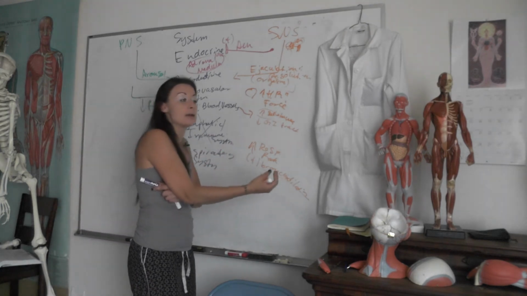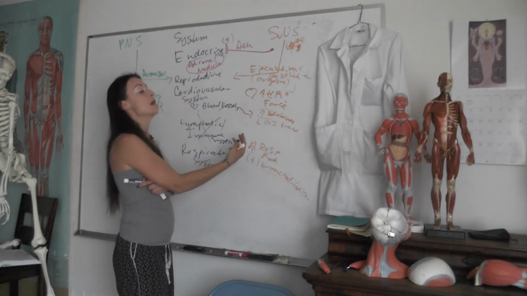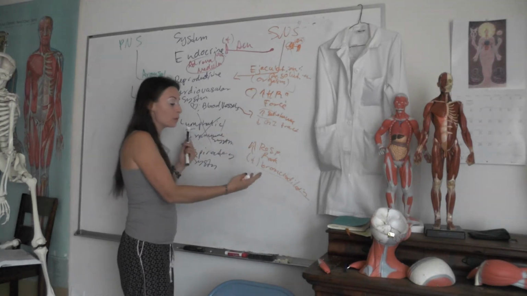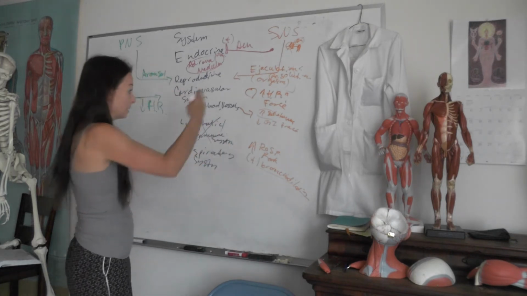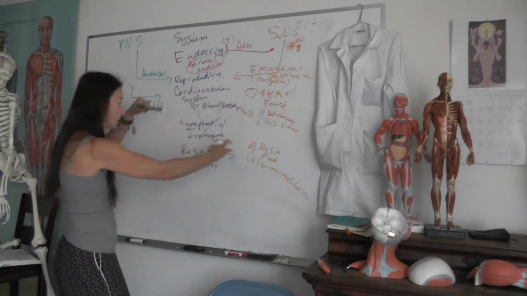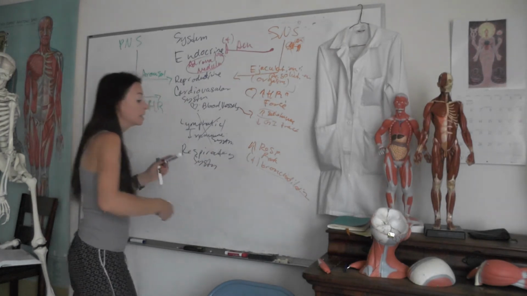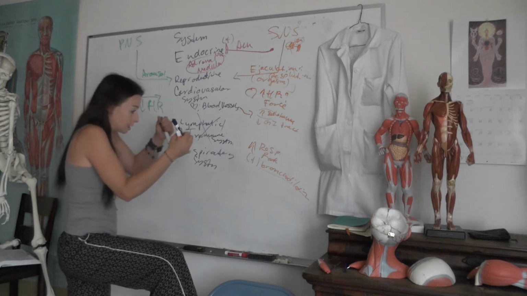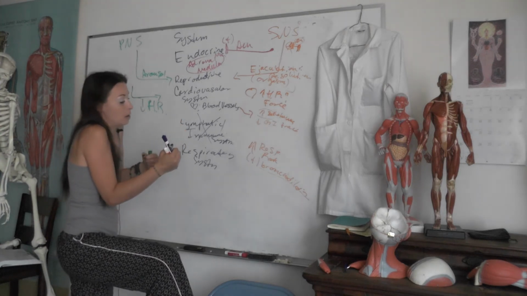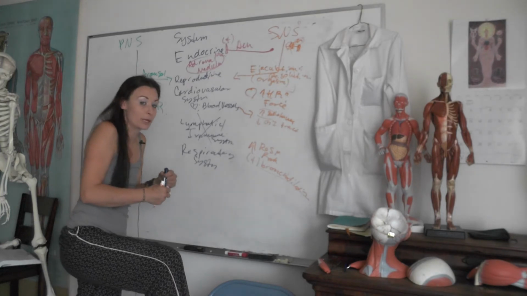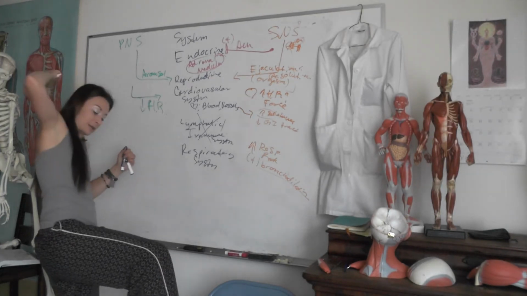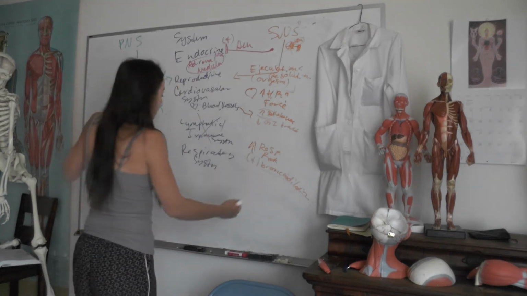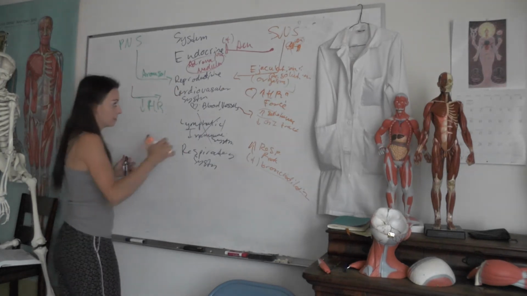Bronchodilation is one thing that it does, so that we can breathe faster through wider bronchioles, so we can have more oxygen availability for this increased heart rate and increased blood flow that we're going to have, and all this stuff that we're going to be doing. So that's exactly when you're in anaphylactic shock, you're having this severe allergic reaction, you experience bronchoconstriction and you can't breathe. If you real quick grab an EpiPen, stick it in your thigh, you bronchodilate and you can breathe again. Okay, so that's what your sympathetic nervous system does.